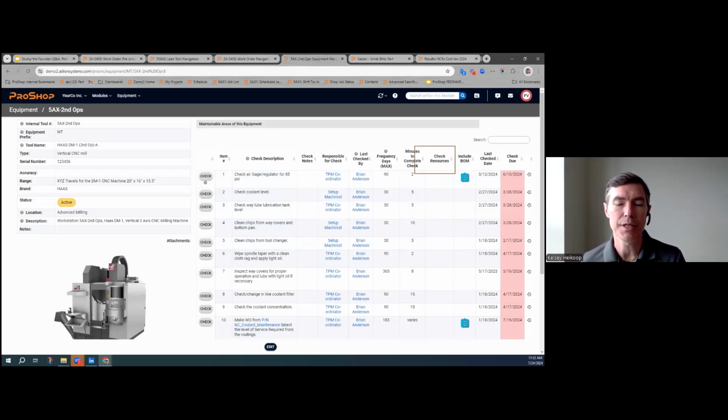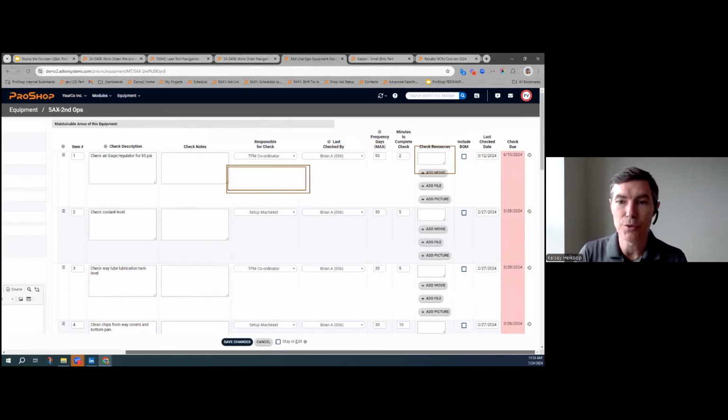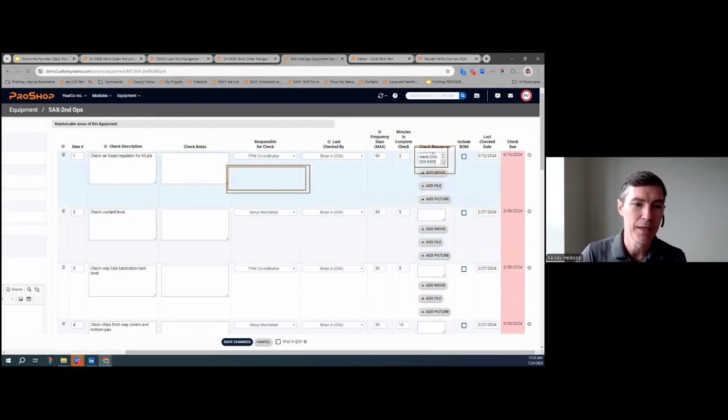And the idea behind a check resource is that you can list any task in this field. And by doing so, instead of the check description being some typed-in component, it will actually tell you what the task description is and link you there to be able to complete a full task, if you weren't going to go all the way to a work order and document various kinds of results. You wouldn't necessarily need this individually on every single piece of equipment. This check, the air gauge regulator check, might be the same for all of the hoses you have. And so you have a specific task that people are trained on, and you can go ahead and put that in there, right? So in that check resource field, you can put one or more of those task IDs,